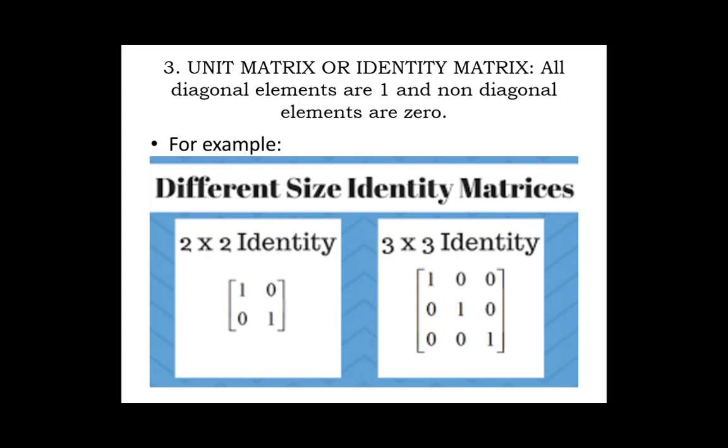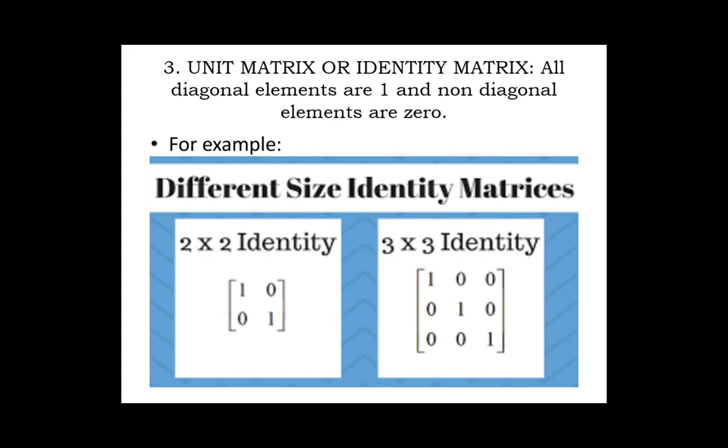Earlier we had started the types of matrices. In that we had seen the rectangular matrix and square matrix. Then we started the types of rectangular matrix and then types of square matrix. In types of square matrix we had already done two types: one is diagonal matrix and the other one is scalar matrix, right? Now in this video we are going to see the remaining types of square matrix.